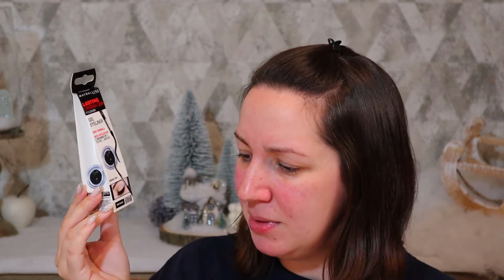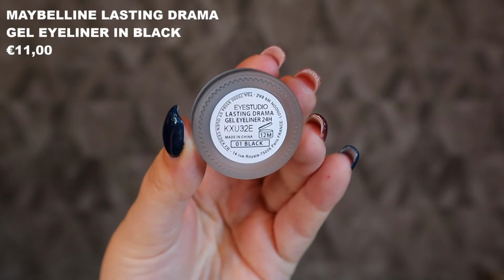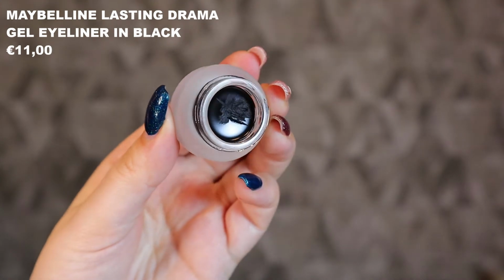Then I got another Maybelline product. I'm on a Maybelline kick apparently. The Maybelline Lasting Drama Gel Eyeliner. I'm not really an eyeliner kind of girl. I mean, I love eyeliner. I love it on other people. I'm so jealous when somebody can...